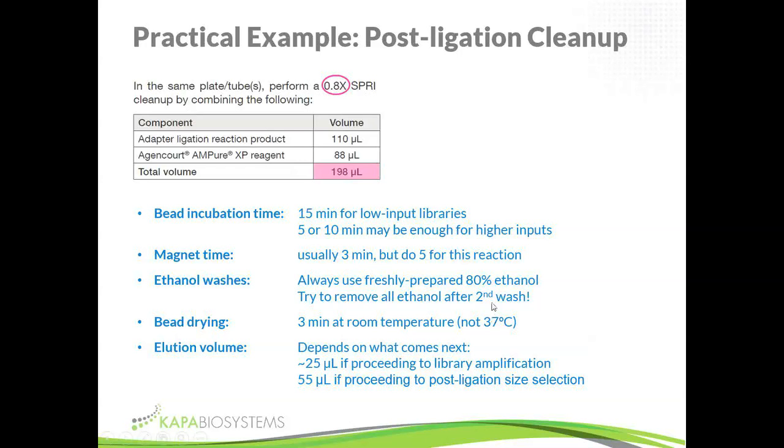Always try and cover the beads. I mean, we just routinely say 200 microliters, but anywhere between 150 and 200 microliters is sufficient to make sure that the beads are completely covered. And you just leave it there for 30 seconds. So it stays on the magnet. You don't resuspend or anything at that point. You just leave it there for 30 seconds, pull off the ethanol, put fresh ethanol on for another 30 seconds,